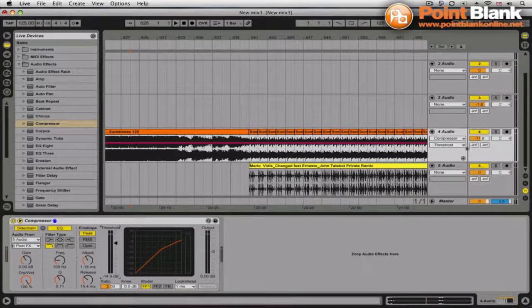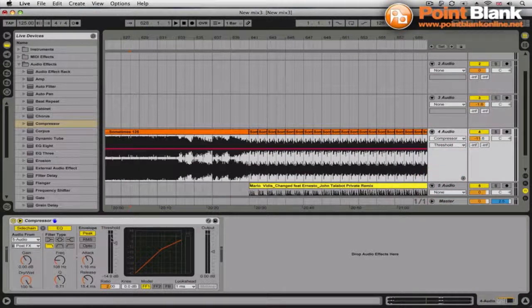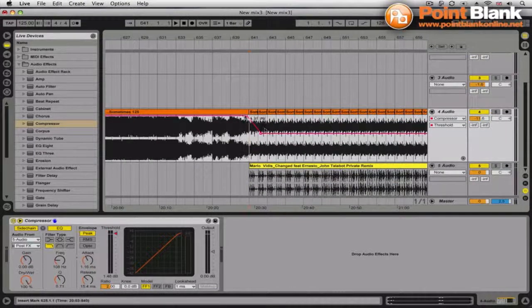And now you see that the threshold automation lane is open just because I moved the value on the device. That's just one of Ableton's little built-in functions that's really useful. I'm going to keep that threshold right up high, and then just as we get into the John Talabot beats, I'm going to program in automation so that threshold drops